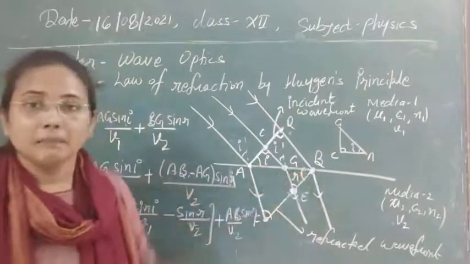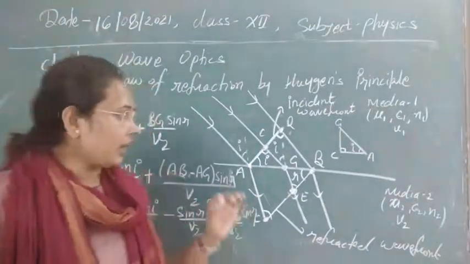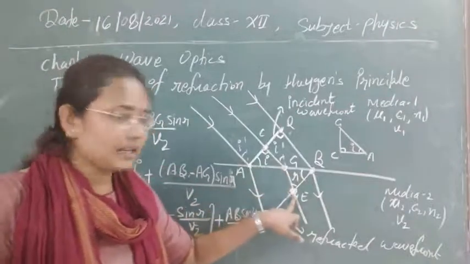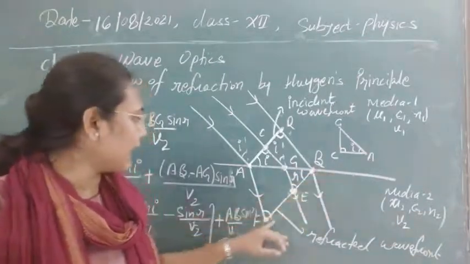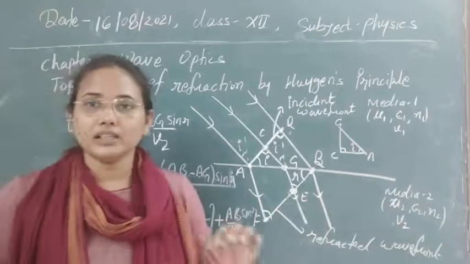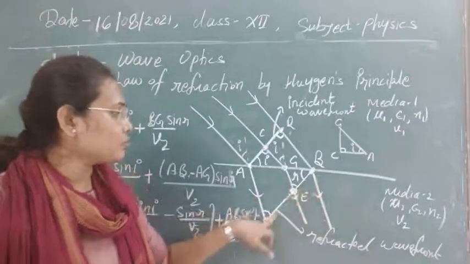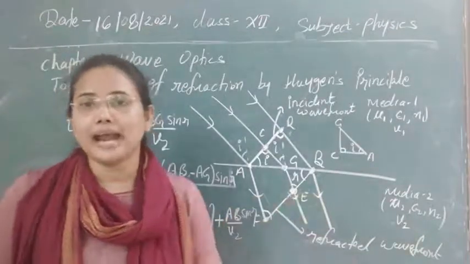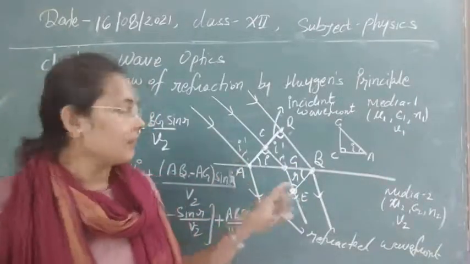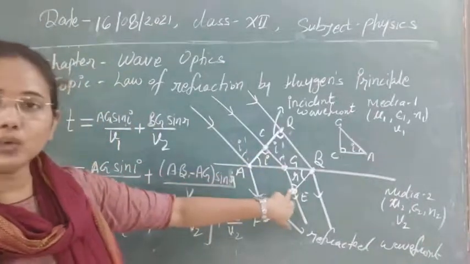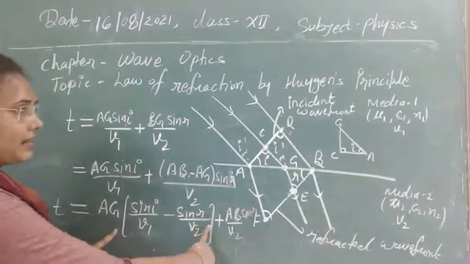If our point is here, we can see that with the change of AC, time is changing, and we are still saying that the waves reaching here at E will simultaneously be in phase with points B and F. That is impossible for the construction of a wavefront, as our primary concept of Huygens principle is that all the points should be in the same phase, means all the rays should come here at the same time. So as time is different for all these waves, we have to make it constant. We have to make this free of the varying AC. So to make it free, we have to keep this whole factor equal to 0.